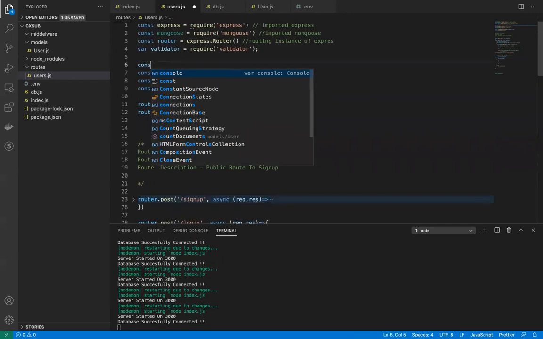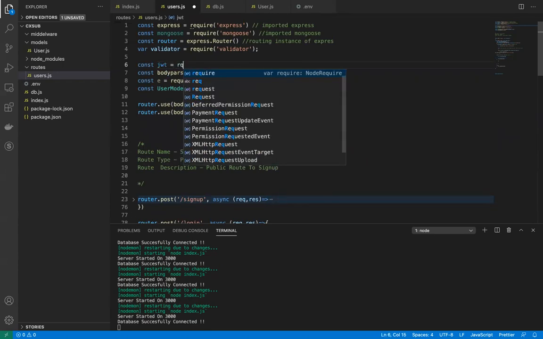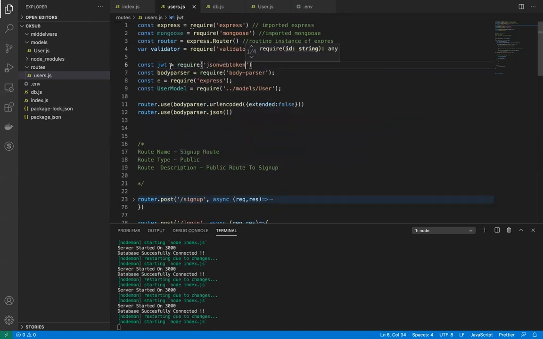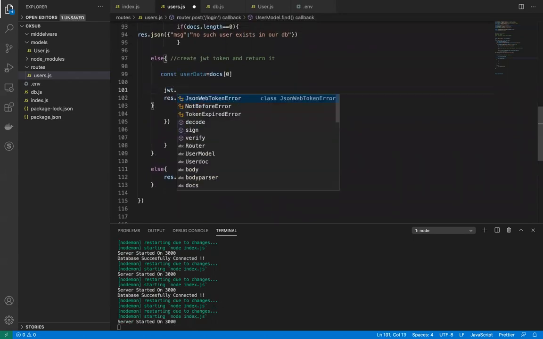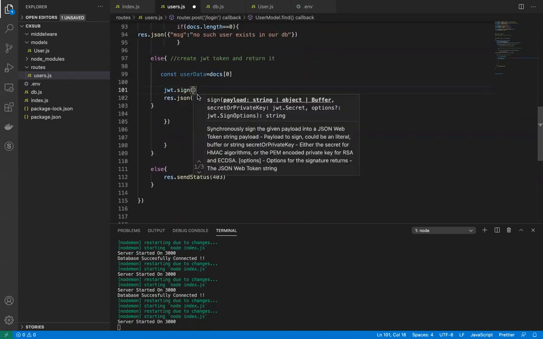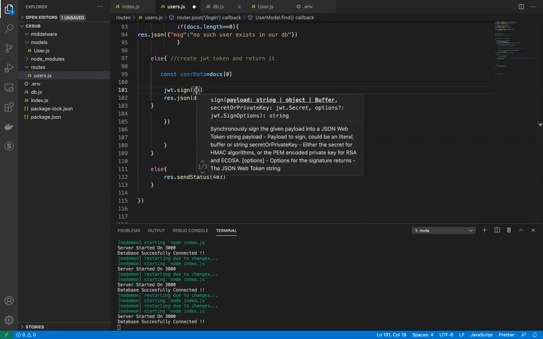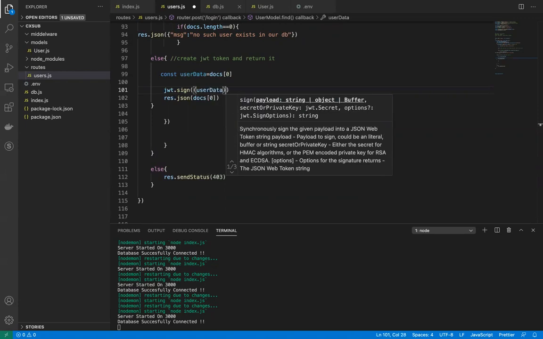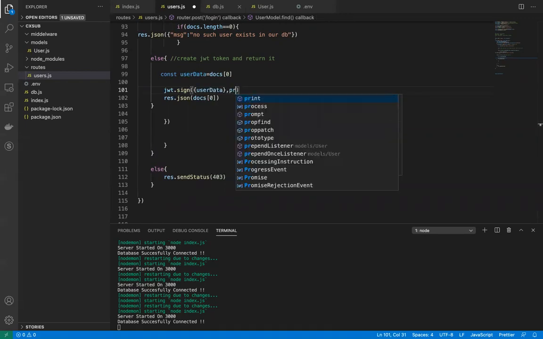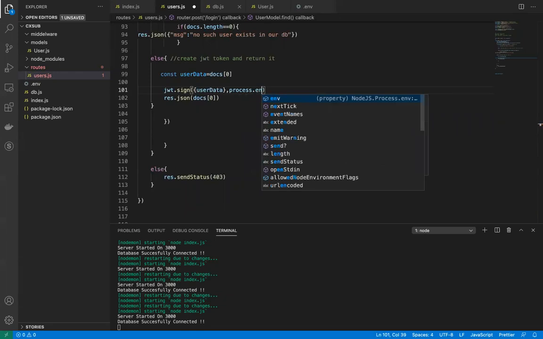We have already installed them, so require jsonwebtoken, and then type jwt.sign, and we are going to sign this userData, comma, and we need to supply our secret key, which is process.env.